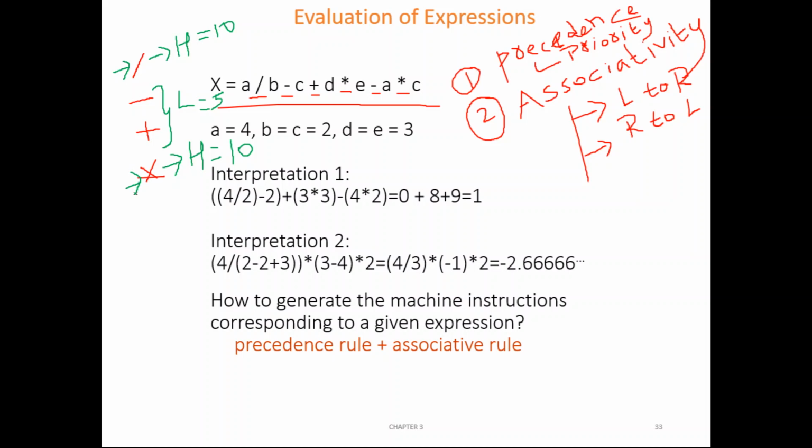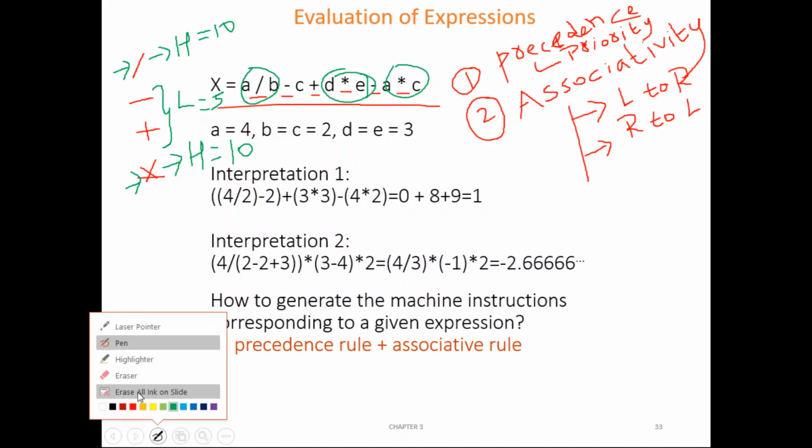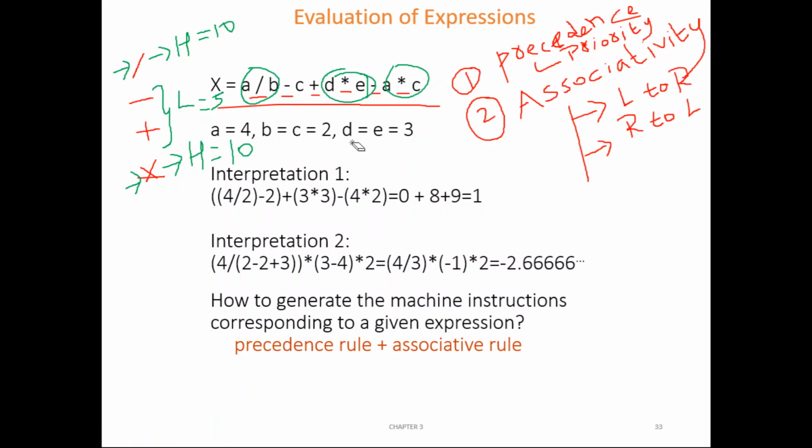So from this we have understood that either this part or this part should execute first. This minus is not included here. But now again there is a question. We have three sub-expressions which involve star and slash.